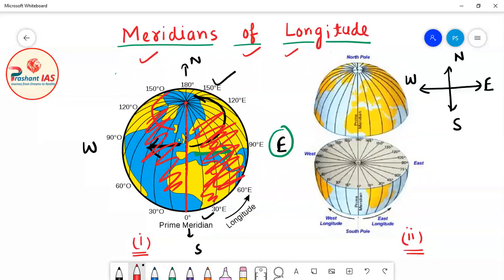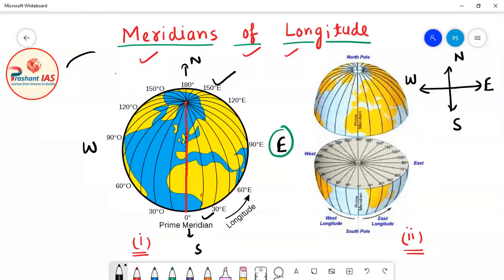Okay, now friends, remember one more thing. I have taught you in the class of latitudes that the equator is dividing the earth into two equal halves, the northern hemisphere and the southern hemisphere. So the latitudes which are to the north of the equator are called north latitudes. For example, we can call this latitude 25 degree north, and we can call this latitude 60 degree north. So all the latitudes here are measured in terms of north.